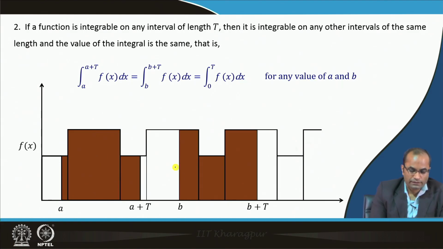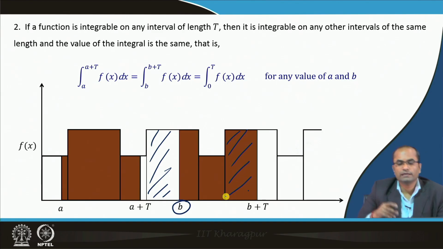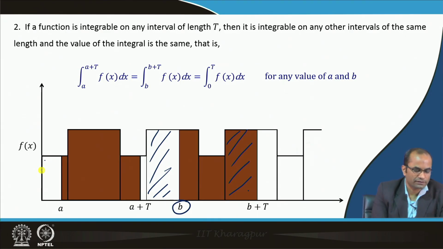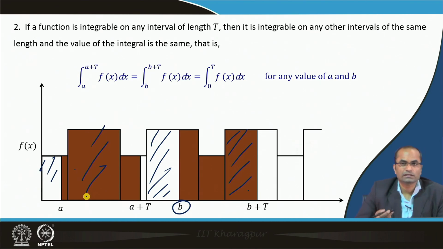And if we start from another point b, the same situation, whatever we have left here is covered here. So in any case, whether we integrate from a to a plus T or b to b plus T, the area of these two rectangles, the smaller one and the bigger one, is covered,